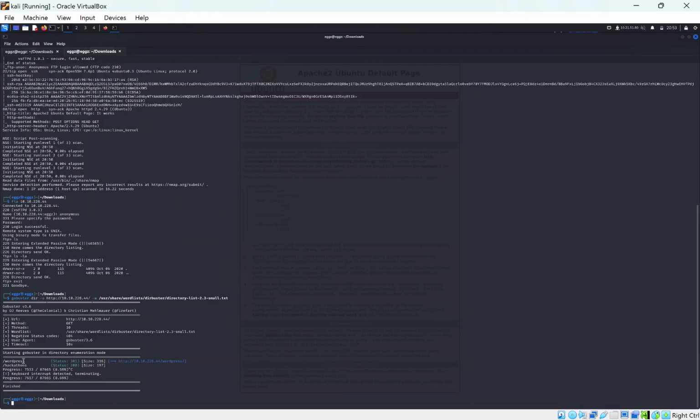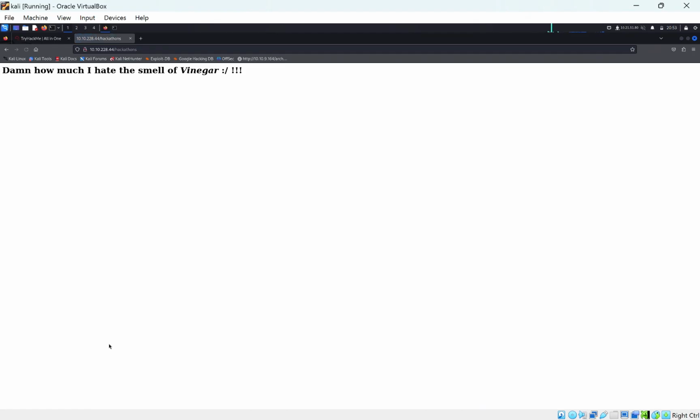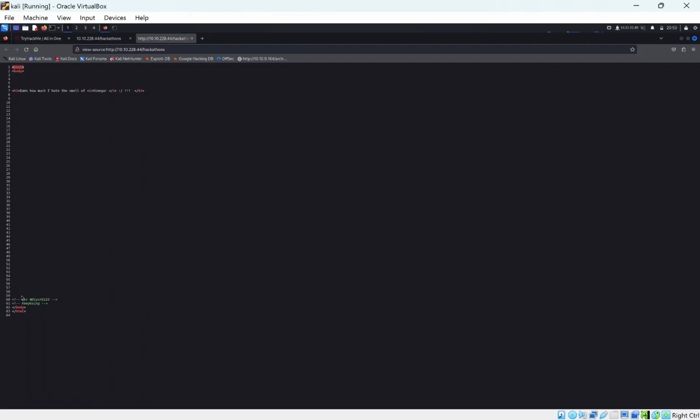We have a WordPress website, so this Ubuntu server is running WordPress, and we have a hackathons subdirectory, so we can have a look at hackathons, as that looks a bit weird. Damn, how I hate the smell of vinegar. Okay, it appears to be some form of text. Could be like a cipher. And vinegar, that could be